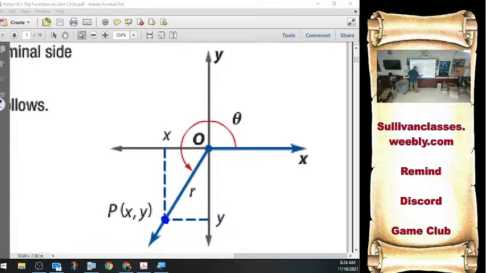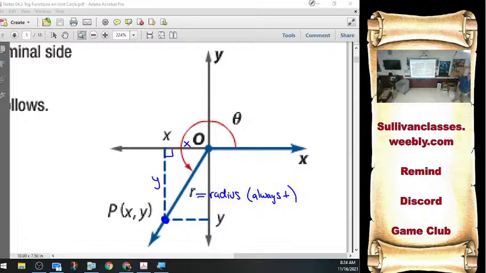See, if this coordinate is xy, here's x, here's y, it's going to be perpendicular because vertical and horizontal are perpendicular. The hypotenuse, this is one thing I do want you to put on there, is going to be my radius, and it is always positive because it's the distance from the origin. Distance can't be negative. The legs are allowed to be negative because that's the coordinate plane. You can have positive and negative numbers. But the hypotenuse is always going to be